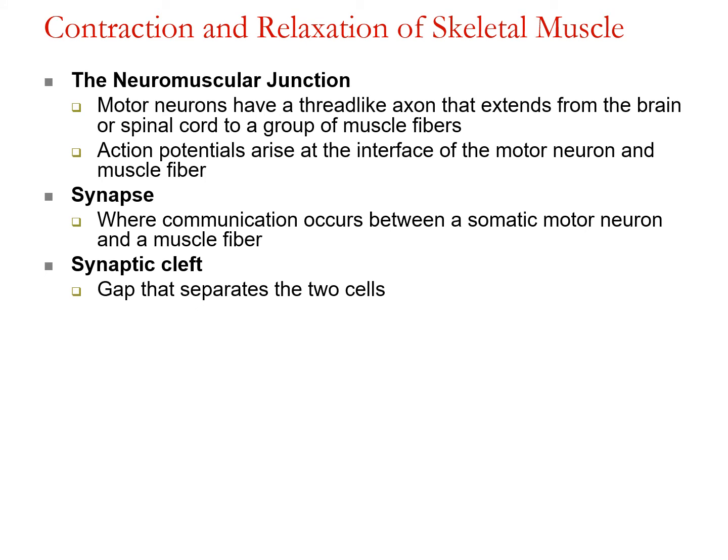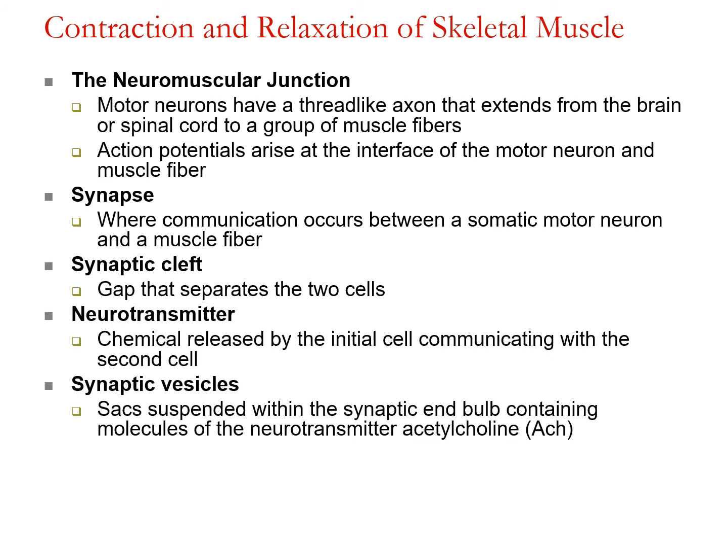The synapse is where communication occurs between the neuron and the muscle fiber, and it involves a gap or a cleft that separates the two cells. Across the gap will travel the chemical called a neurotransmitter. A neurotransmitter is a chemical released from synaptic vesicles at the ends of the axon terminals or the synaptic end bulbs, and the neurotransmitter released from somatic motor neurons is acetylcholine,